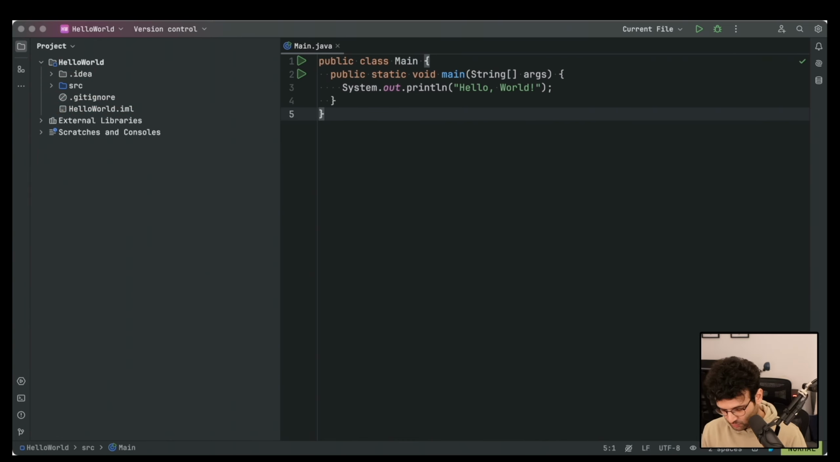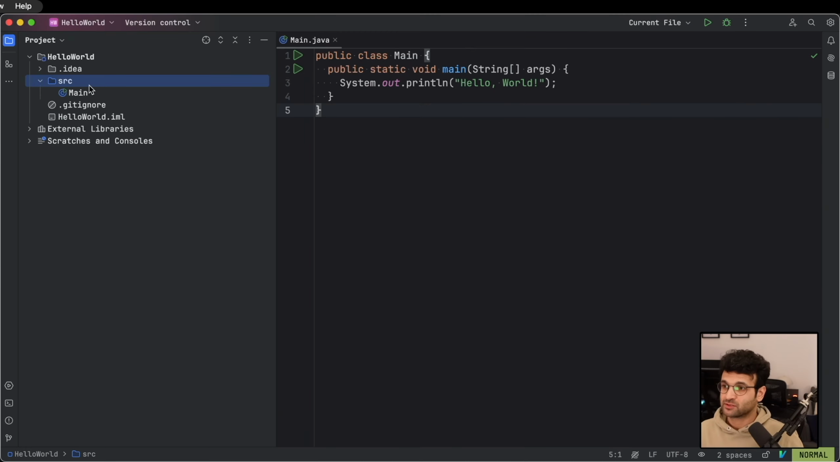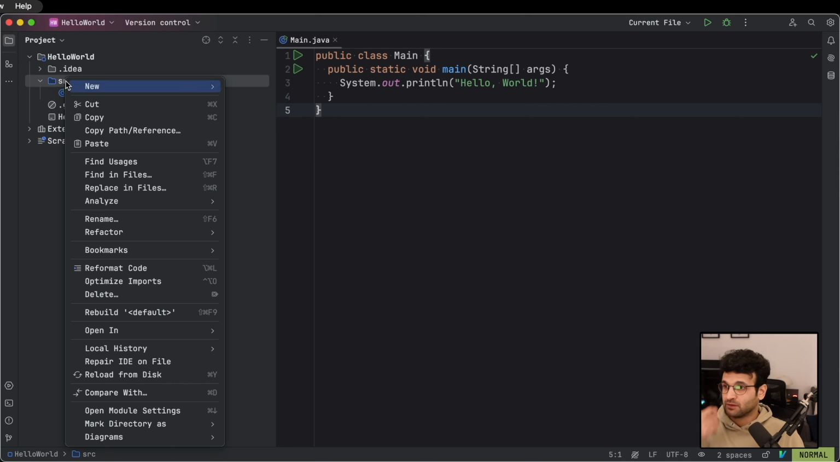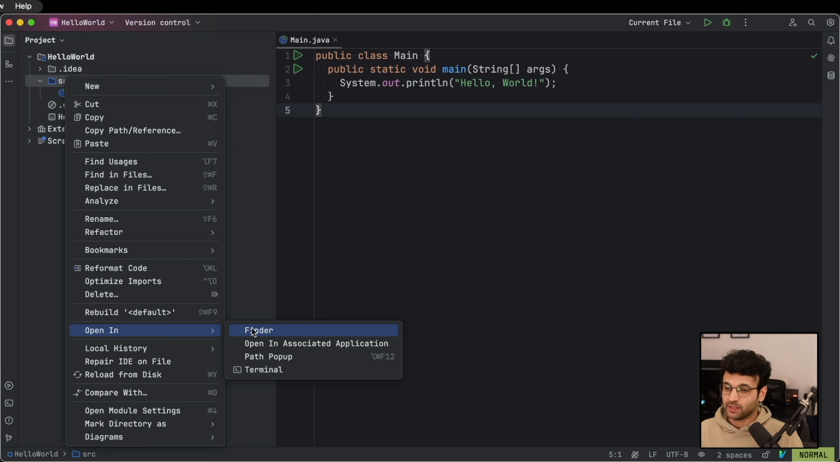And so what we want to look at is this source folder. This source folder is where your source code is stored, the source code for this project, the HelloWorld project. So let's expand it and have a look inside. So when you expand the source folder, you're going to see that there is a main. What is this main? One way to find out is if you right click and open in, depending on your